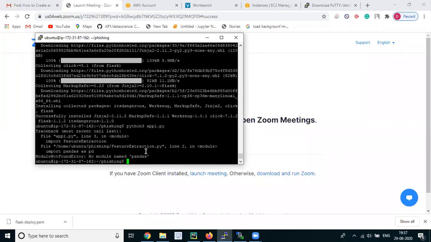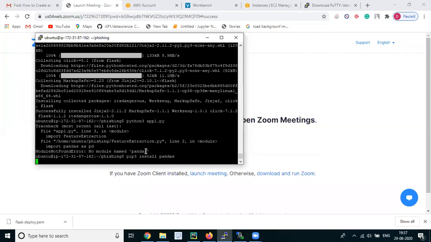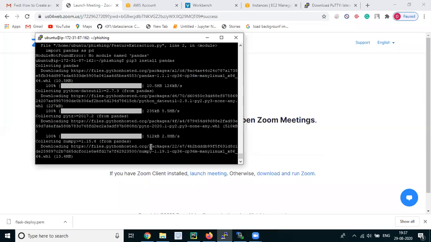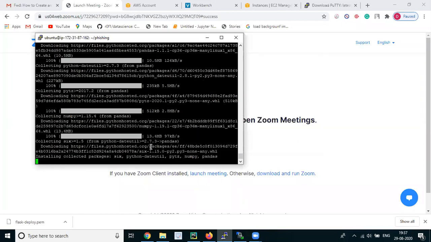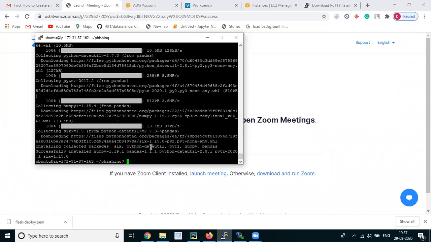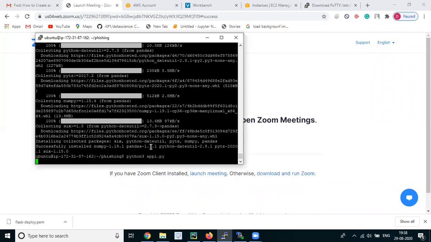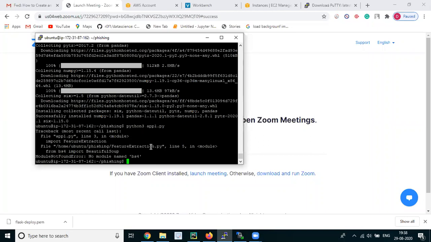It is saying that Pandas is not installed, so we will install Pandas. Now we will run app1.py once again. It is saying that Beautiful Soup, that is BS4, is also not installed, so we will install Beautiful Soup as well. It is used for web scraping.